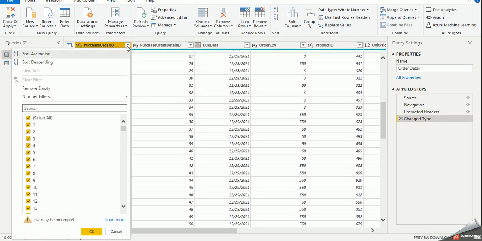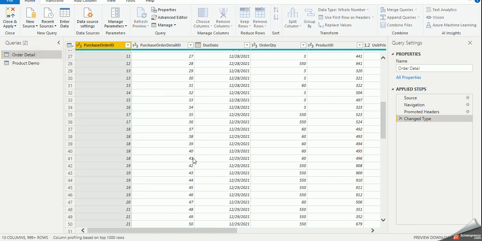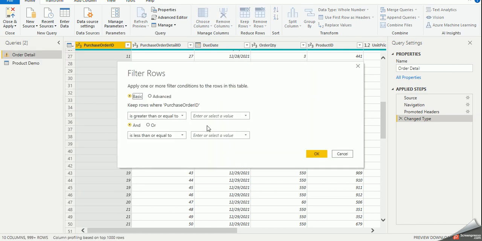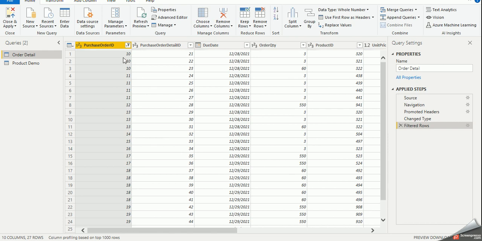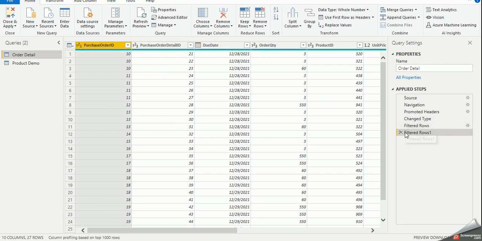You can see that it is now showing the number filters. Then I will choose the between option, and I will say that I need the value between 10 to 20. You can see that now we have only values from 10 to 20. Now I will just remove that filter.